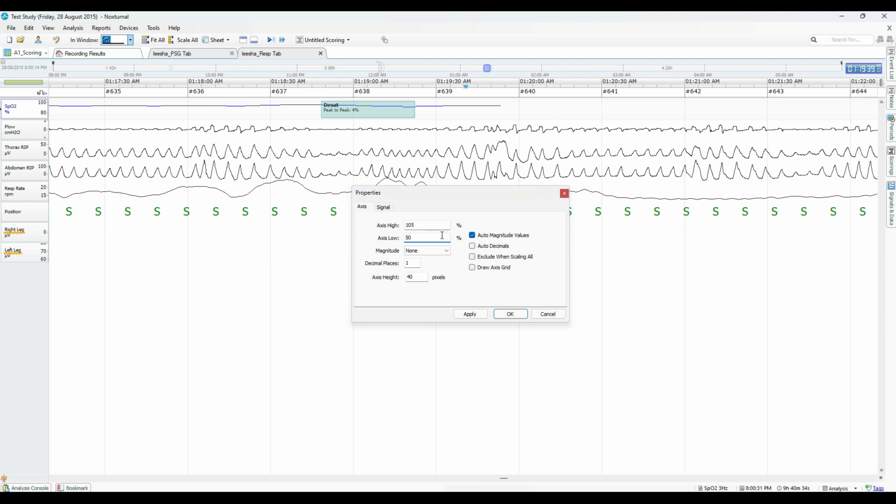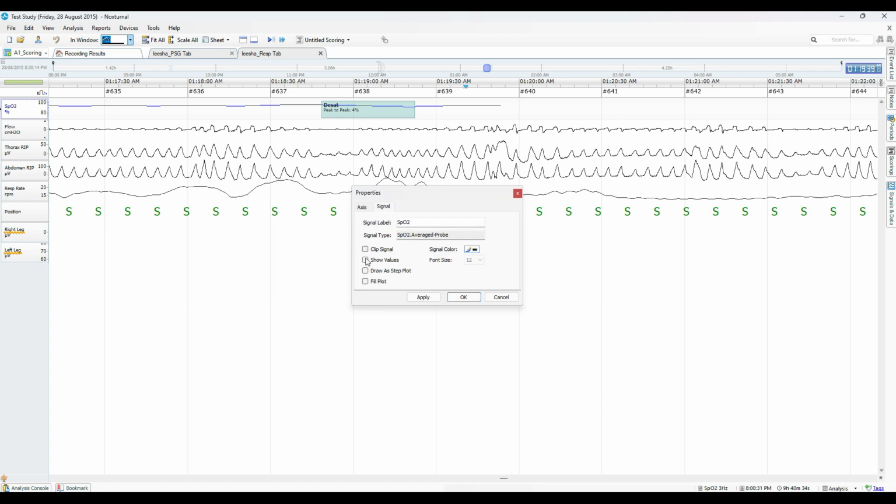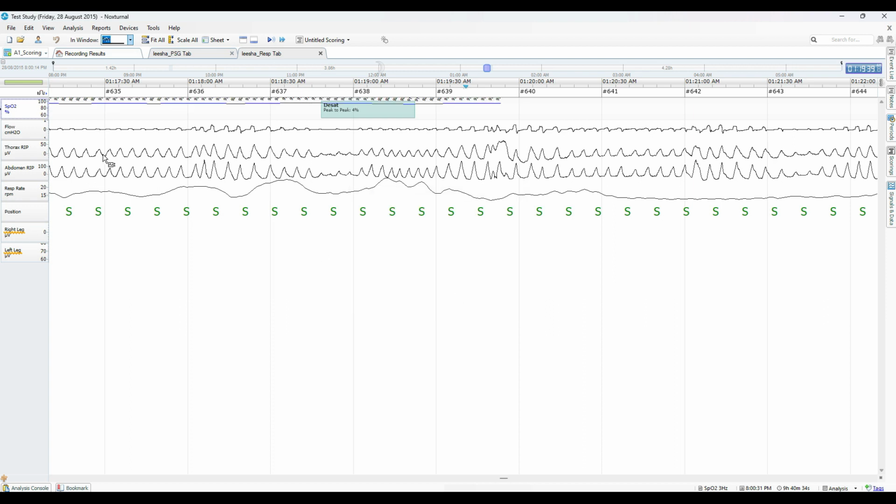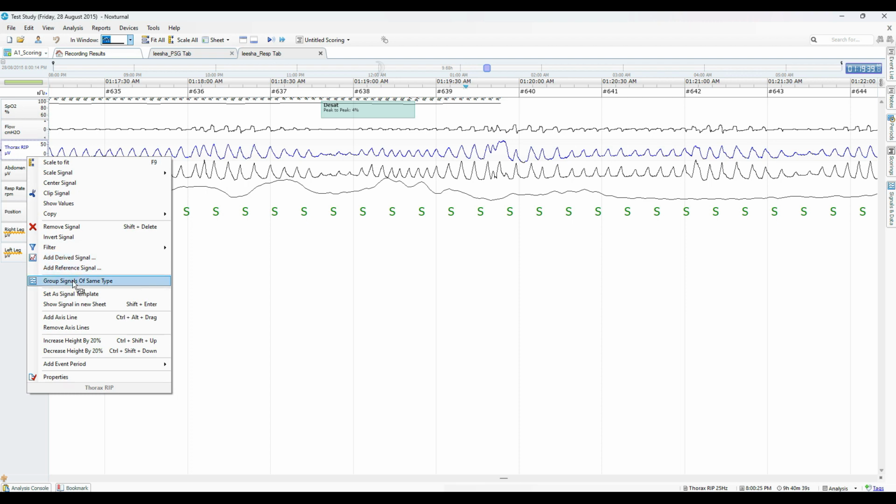add different scales, show values on appropriate signal types, group signals of similar types,